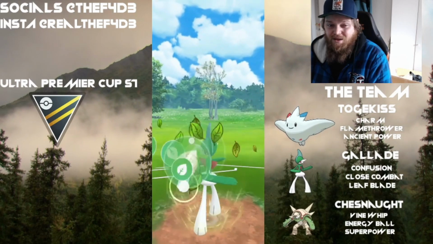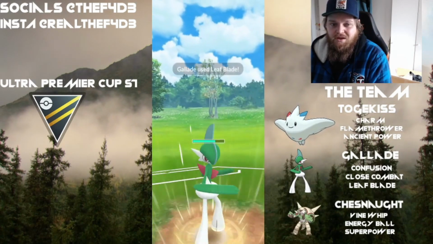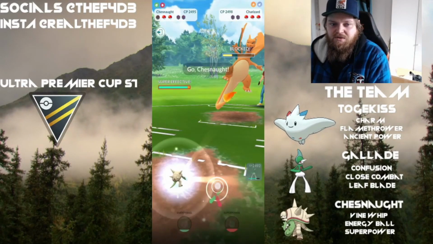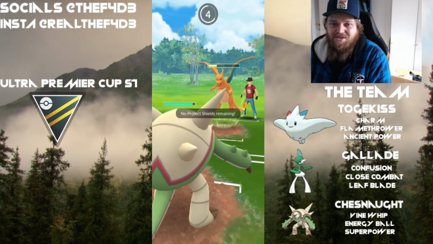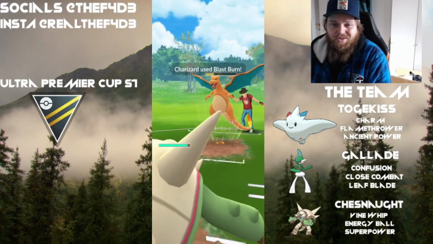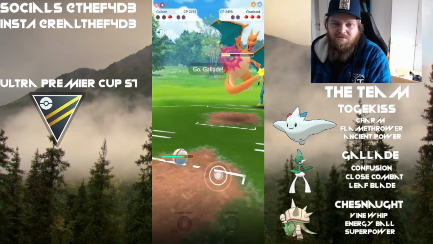I'm going to throw that Leaf Blade out here to try and bait that last shield, because that might have them thinking Close Combat, which would take out the Charizard from that point. So we're going to bring in the Chesnaught to soak up the coming Blast Burn, because Gallade has a far better chance of beating whatever is in the back. Because we know the Tangrowth hasn't got much to offer. And as you can see, the Blast Burn's a one-hit smack on our